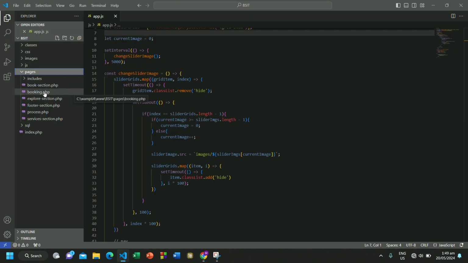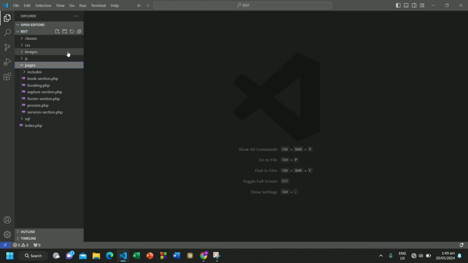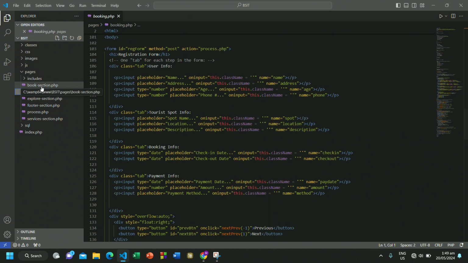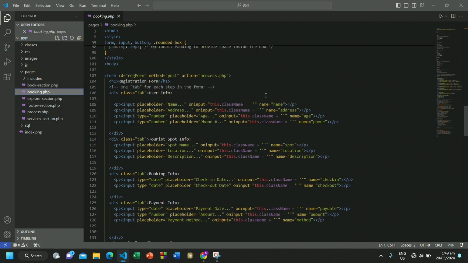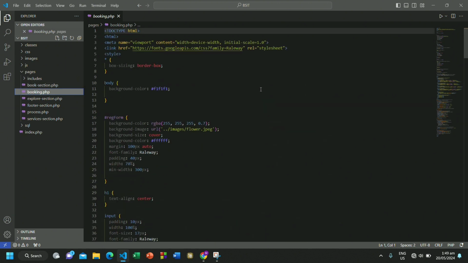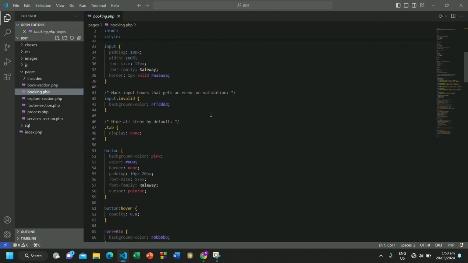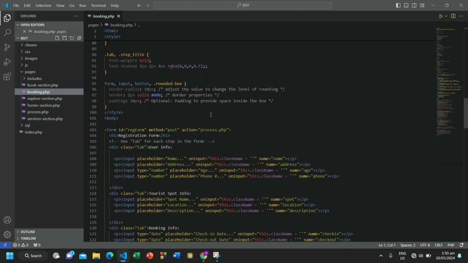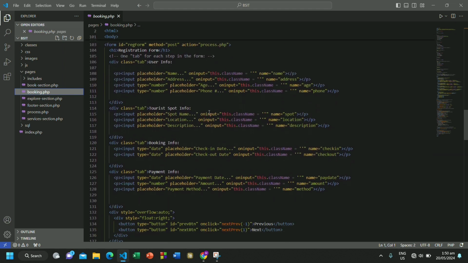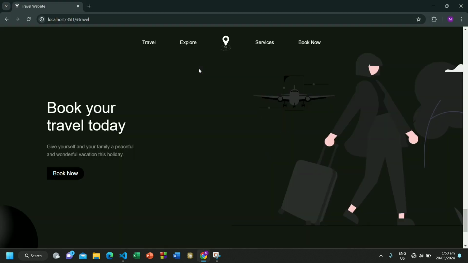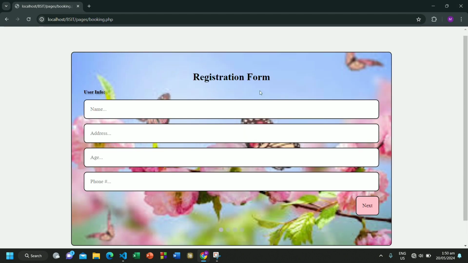So next we're gonna be going to our main focus for today, which is the booking section, because this section contains the functions that connect it to a database. Now as you can see here in the booking section, excuse the embedded style CSS, here is the form for our booking section. If you click this, it will direct you to a form.